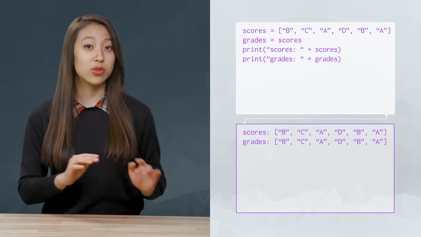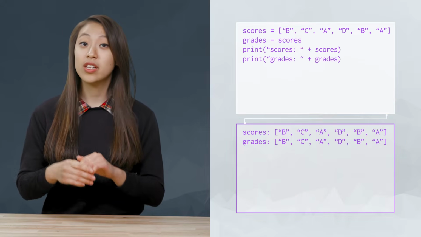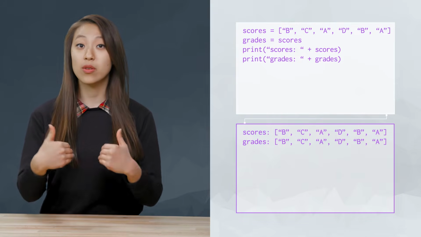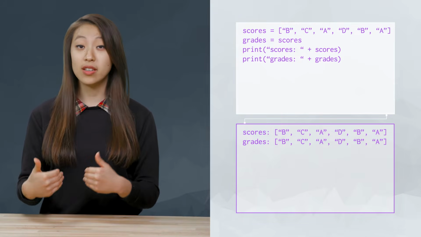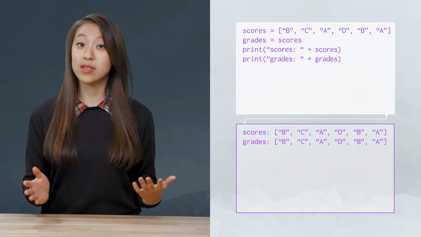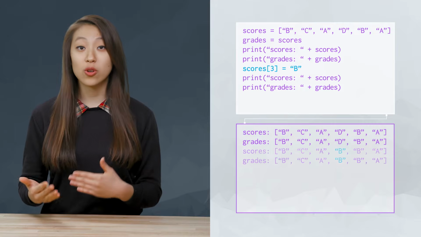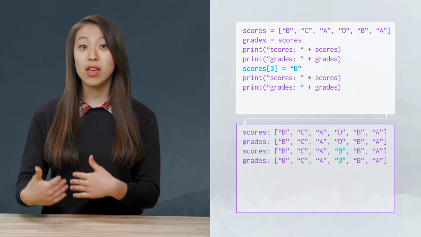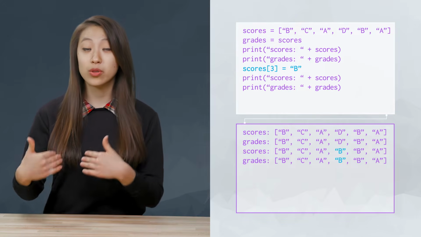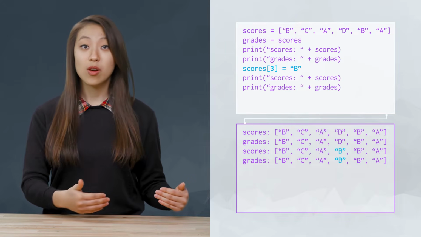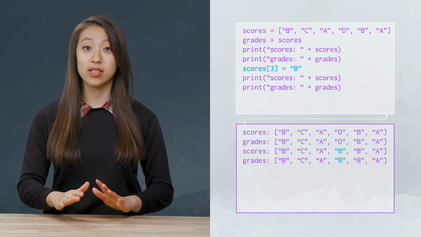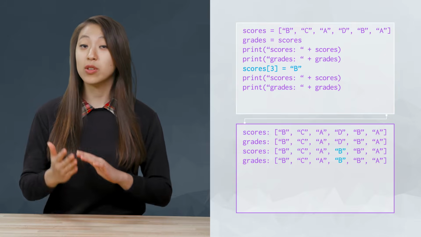Lists are different from strings as they are mutable. Here, we create a list of scores and assign this same list to the variable grades: B, C, A, D, B, A. Six of them. And when we change or mutate the scores list, making the 4th grade B instead of D, this affects both scores and grades. Both scores and grades are variable names for the same underlying list, and either name can be used to access